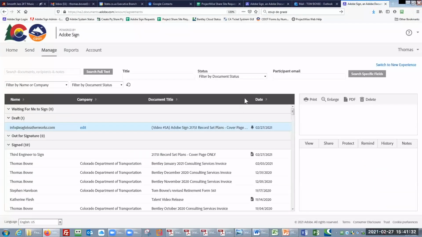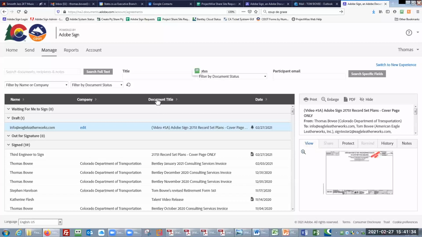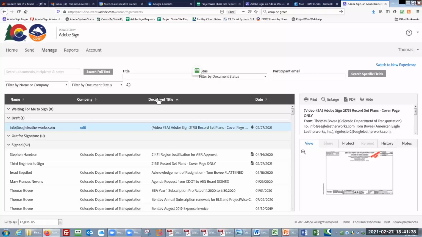Okay, so you probably remember this, but if you click on document title, it will sort the documents in order. And the first one, it's actually this one here that is 21751. That's the plan that has been executed. And this is exactly the way it'll come back, except if it's the last one you did, it'll be right in the top spot because the most recent one's at the top. So if I click on this once,